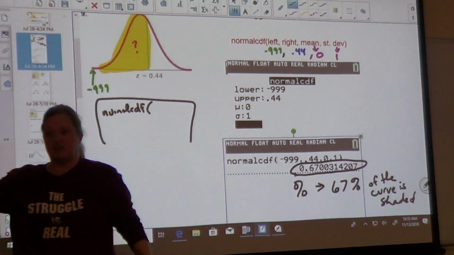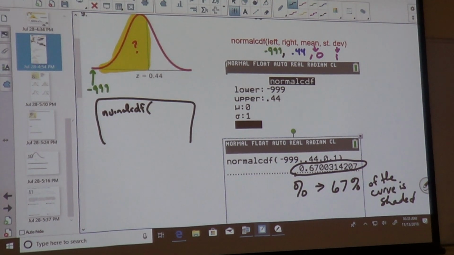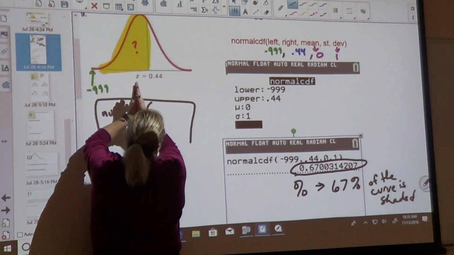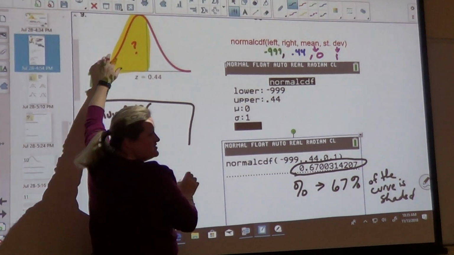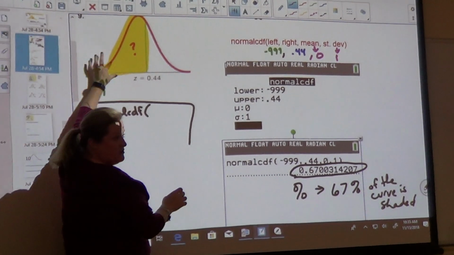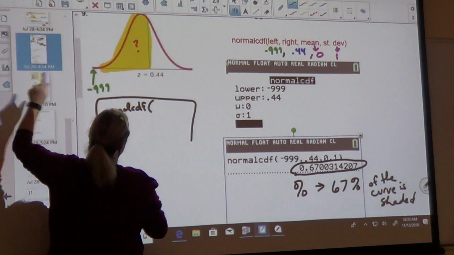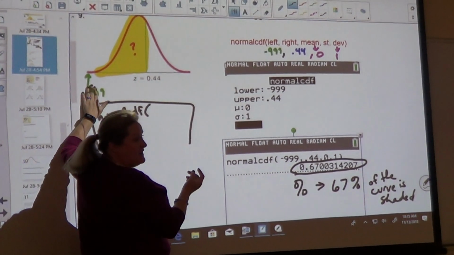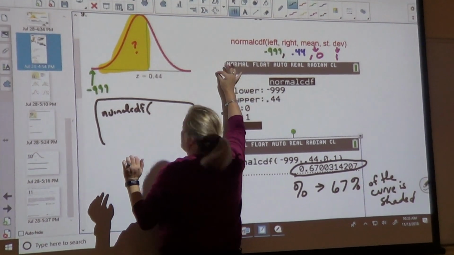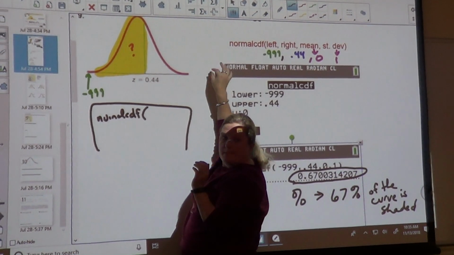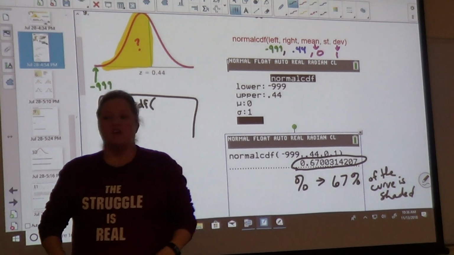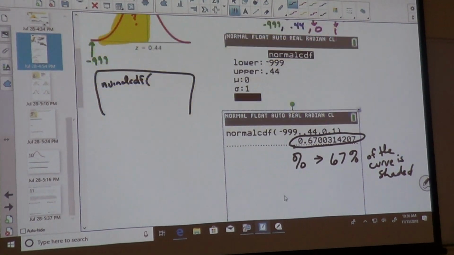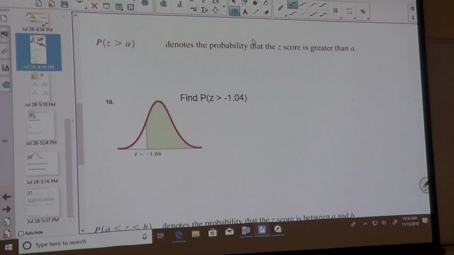Let's look at another one. When you do this, you do left, right, mean, and standard deviation. So the left, it kind of goes on forever. If it goes on forever in this direction, we can't write forever, so we use negative 999. If it goes forever in this way, what do you think we would use? Positive 999. So we just kind of pick a big number, and 999 is the big number we happen to pick. So for this one,